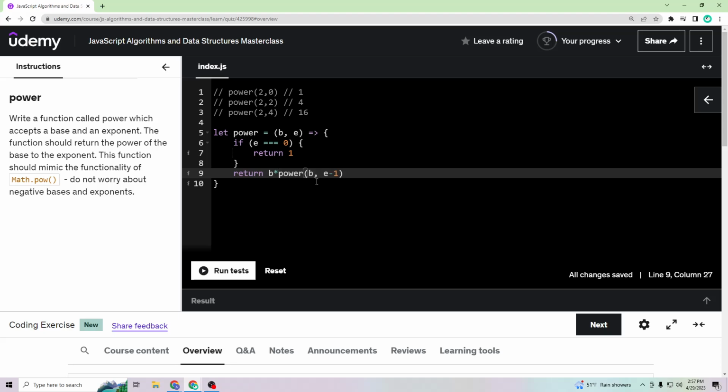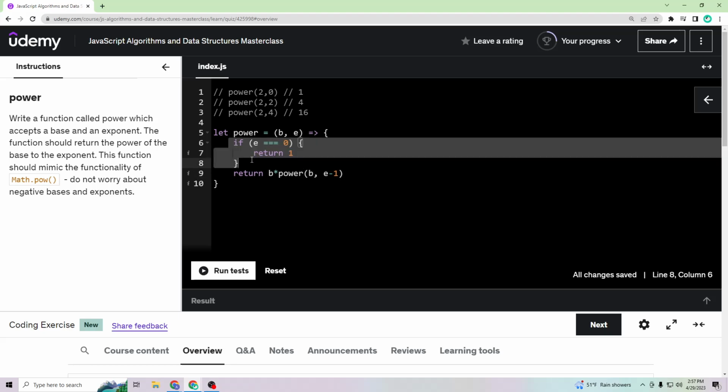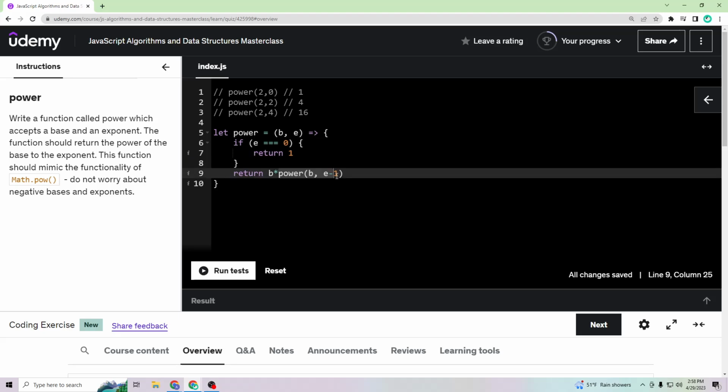I think that this will, like, say that the exponent is a 2. Well then, and let's say that the base is a 3, so 3 squared is what we are doing, and so we should expect to get a 9. Well, let's see if that would happen. Well, if we have this, we're going to skip this condition because e is 2, so that will not trigger. So we'll be down here, we'll have a 3 times our function being called with an exponent that is 1